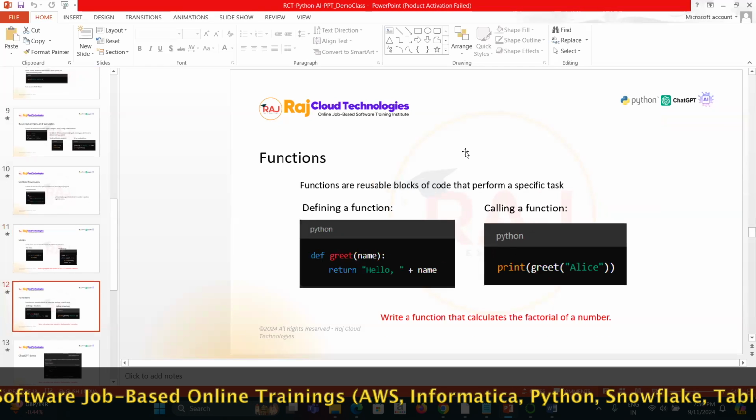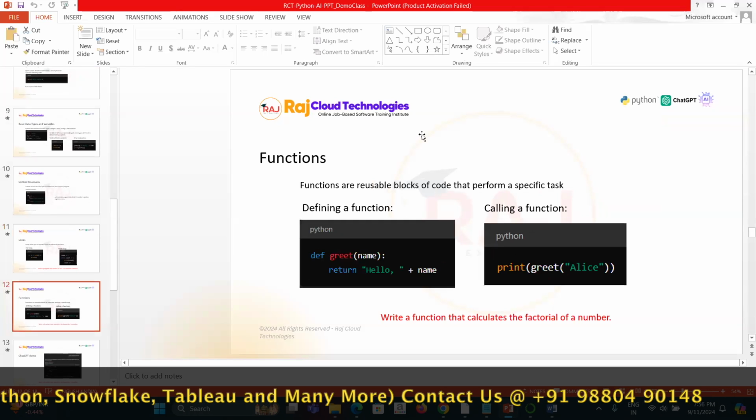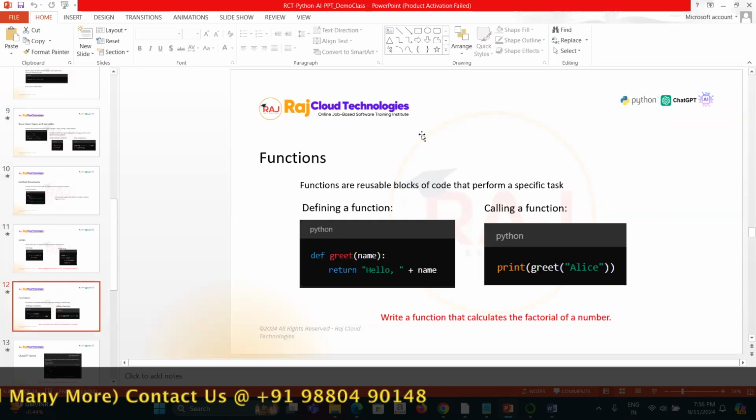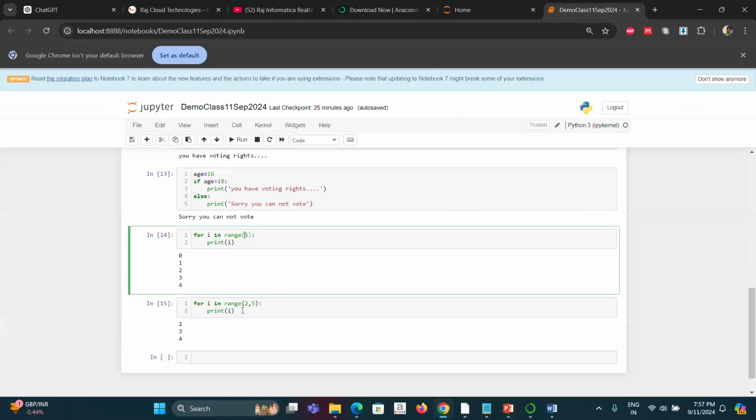Okay, so coming to functions, functions are actually, if I tell you, the building blocks for any bigger program. If you are writing any two lines of code two times in any of your programs, then you are not a good programmer. You should always use functions to execute those two lines of code in a much briefer way, so that you can keep on recalling those two lines of code again and again. So this is a very simple function. We are just trying to demonstrate.